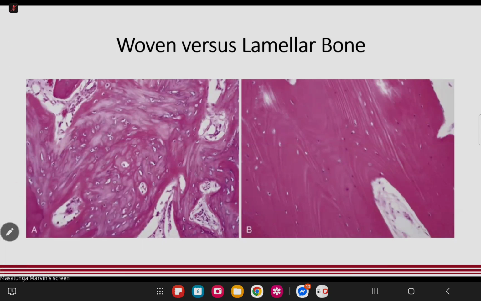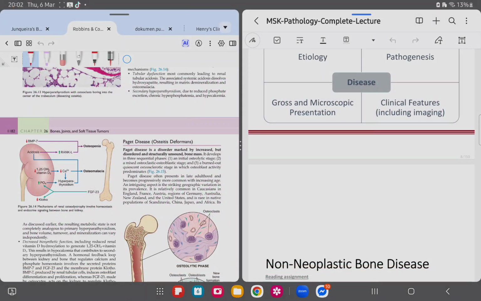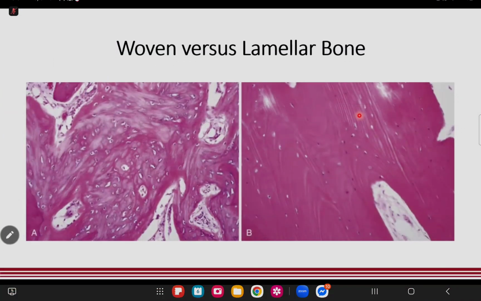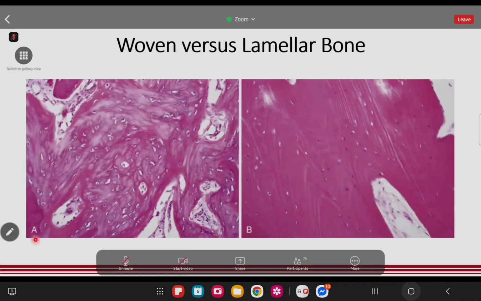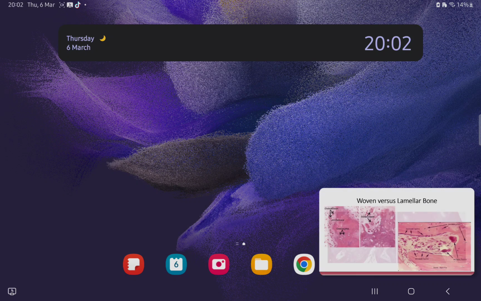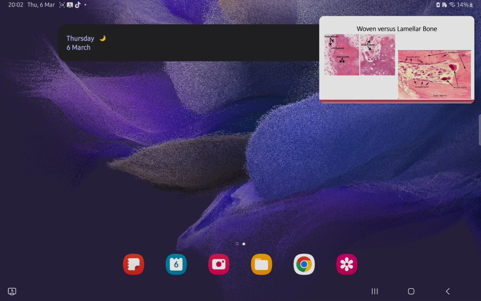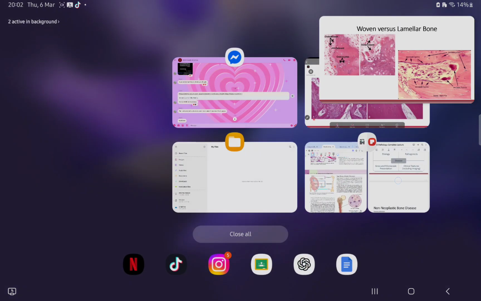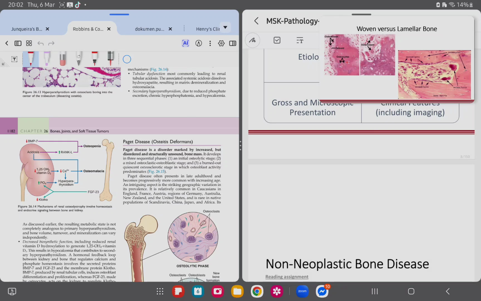It's also important for you to be familiar with the different cells in your lamellar bone. Within your lacunae, you see your osteocytes and the plasmacytoid-looking osteoblasts, as well as your osteoclasts. Okay? So this is what I refer to. So definitely in your woven bone, you can see that your osteoblasts are really the immature bone, whereas your osteocytes are located within lacunae, and your multinucleated osteoclasts are responsible for bone resorption.